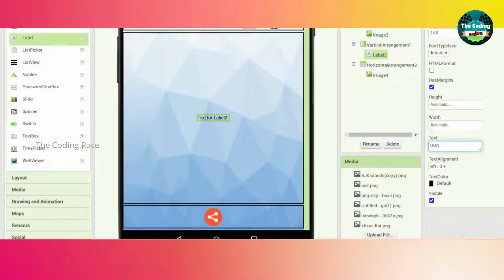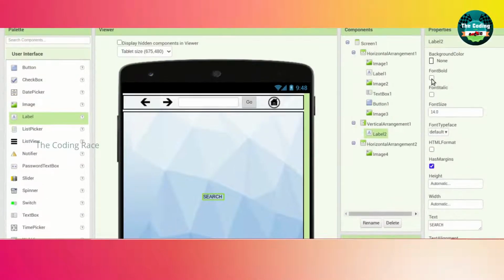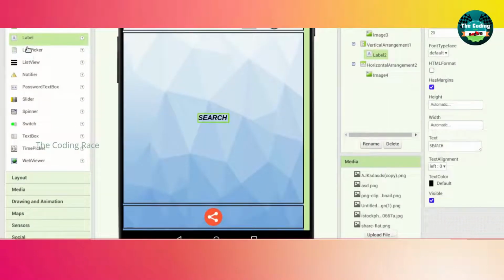The text will be search. Yeah, just enter. Font will be bold. Font size will be 20. Yeah, that's perfect.